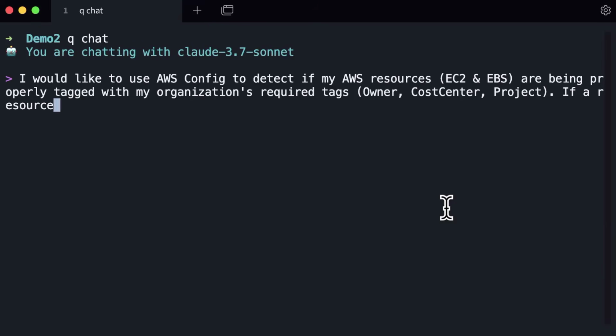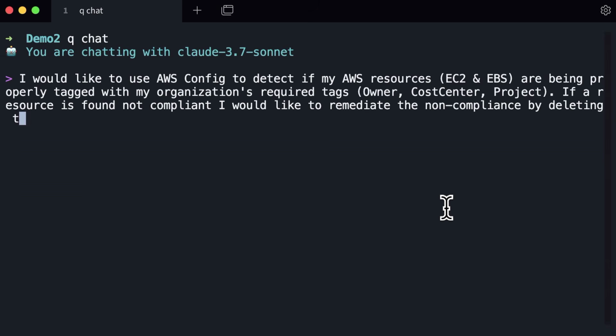And what I would like to do is not just notify our organization that something's not compliant. I actually want to take a remediation action. And I'm going to be really aggressive. I just want to delete the resource. You wouldn't normally do this in production. You'd probably have a more gradual approach: okay, fix this in the next week, and if you don't, we're going to delete it. For me, just to keep this example simple, as soon as we see something that's not compliant, like an EBS volume that's not tagged, we're just deleting it right away.